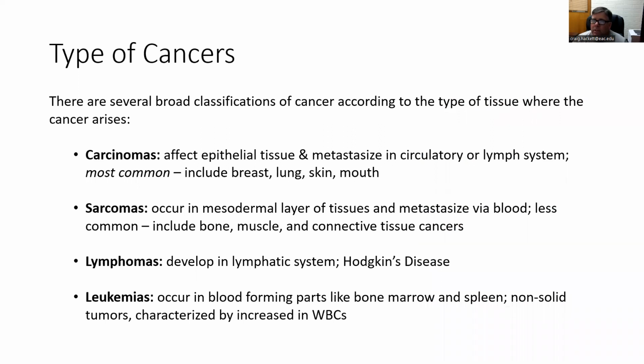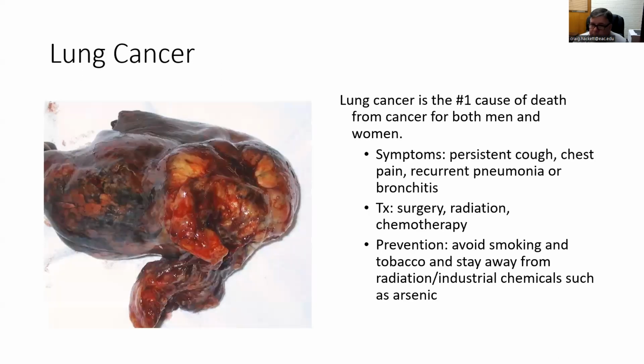Different types of cancer. I'll let you go through these: carcinomas, sarcomas, lymphomas, and leukemias. Some are standalone, like leukemias tend to be just with the blood forming parts, and there's a cancer just for that. Other ones like carcinomas, sarcomas, and lymphomas can be all types of different cancer depending on the layer of the tissue that's involved, the depth and the breadth of the cancer. So all of them pretty serious, some more serious than others. So there you go. You can look over that list, and so you're at least familiar with the terms. This isn't an oncology class. So just understand that there are different types.